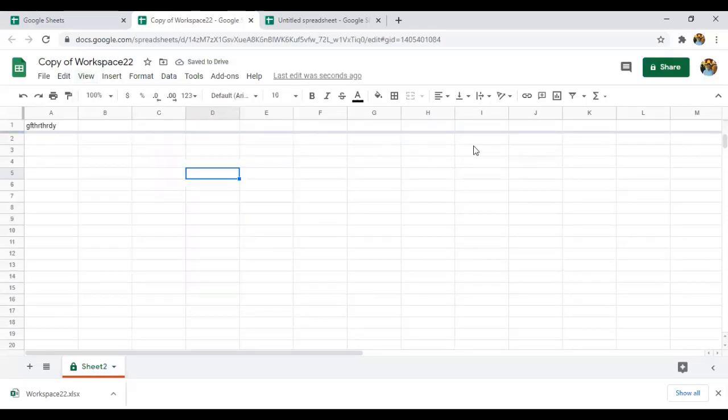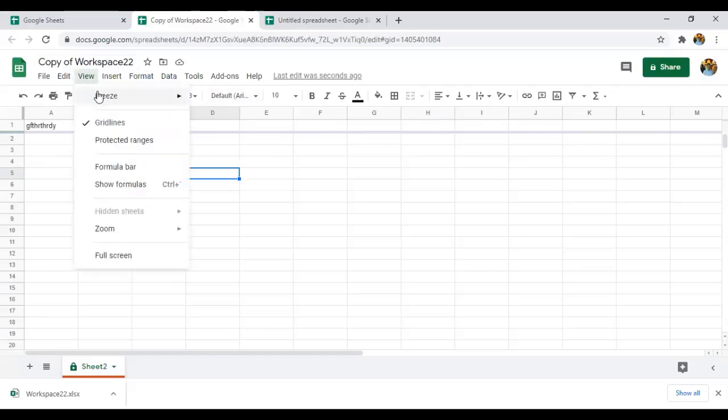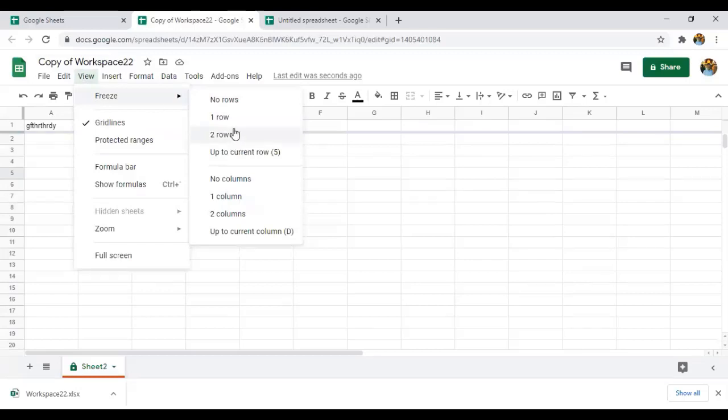So this is where we have frozen the entire row, right? If you want to freeze rows or columns, just go to the view and click on freeze, and you can select how many rows or columns you are going to freeze, right? This is how we do it.